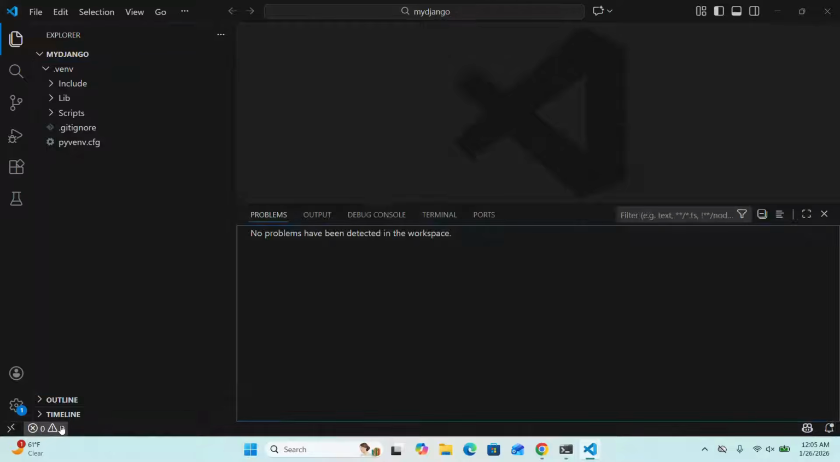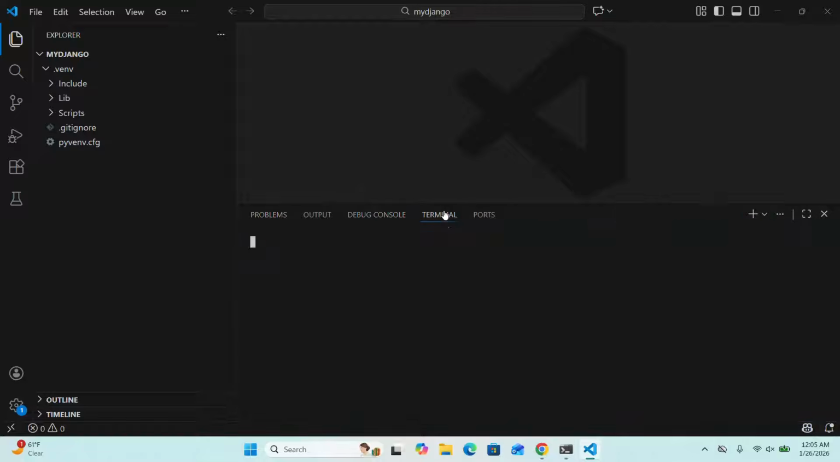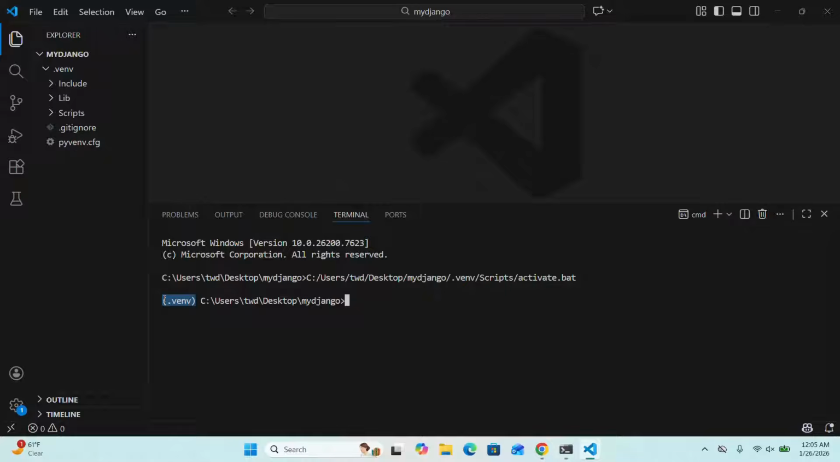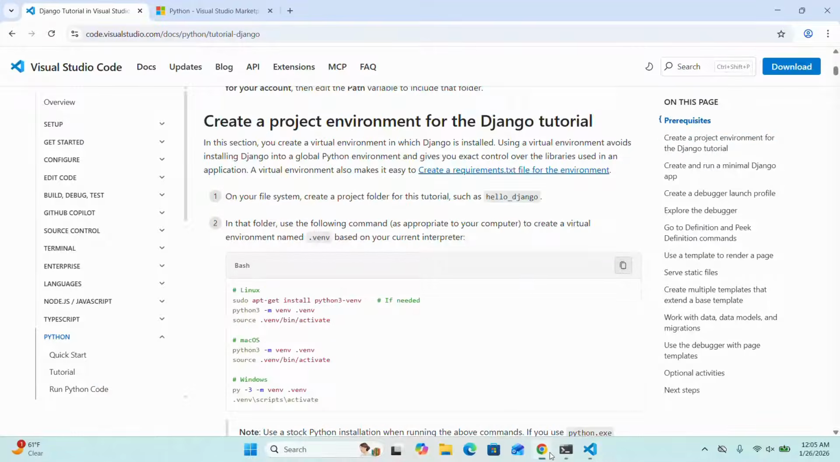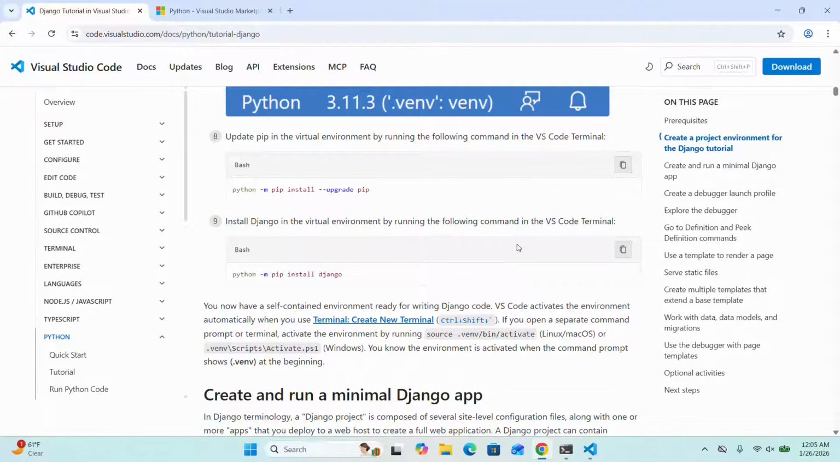Now open the terminal and see .venv. That means the virtual environment was activated automatically. Okay. Now update pip in the virtual environment by running the following command in the Visual Studio Code terminal. So copy this command